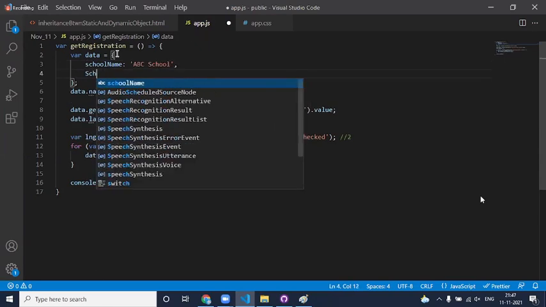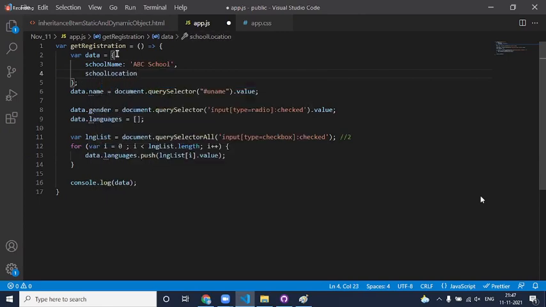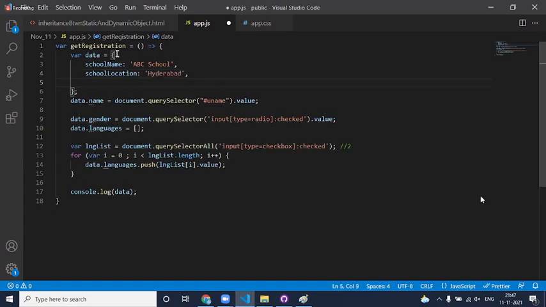School location is Hyderabad. School rating is 3 out of 5. Okay, assume these are the school details.